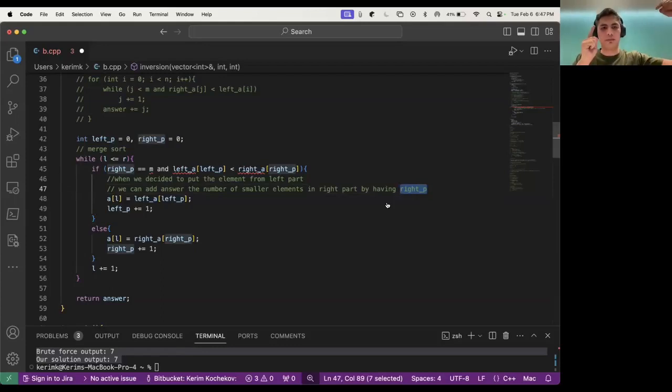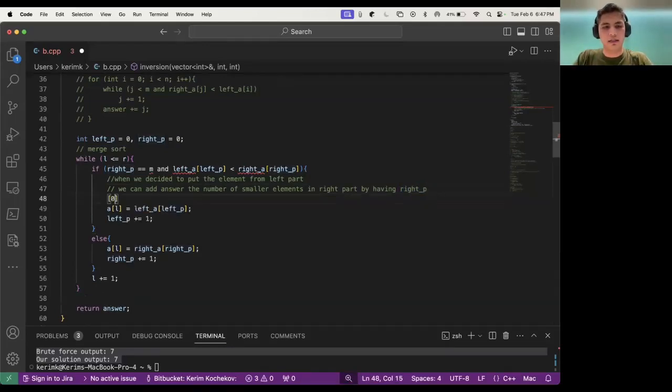And whenever we come to some middle part of the left part and decide to put the next smallest element, that means all elements from zeroth to right P minus 1 in the right part are already smaller than